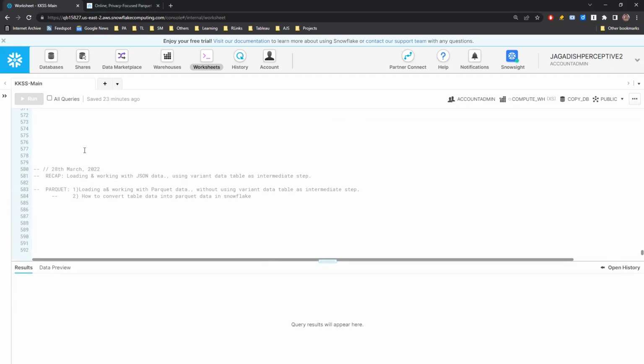In the last session, we saw how to work with JSON data. We loaded JSON data and parsed it accordingly. If you recall, we used a column with the variant data type. We first loaded the JSON file as it is in this variant data type, and then parsed it into a new table, which is neat and tidy, right? Now we'll try to